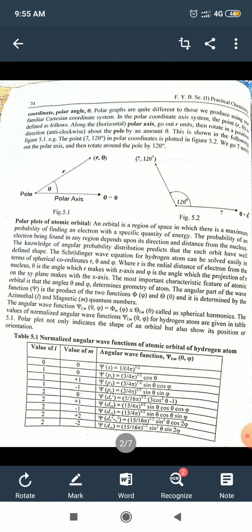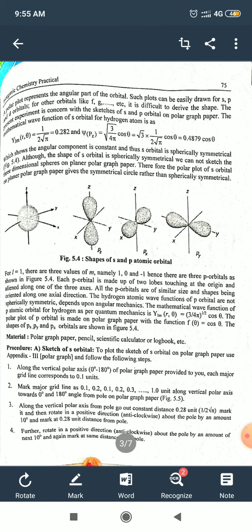This has the values of M: 0, plus 1, minus 1, 0, plus 1, minus 1, plus 2 and minus 2, and the polar plots represent the angular part